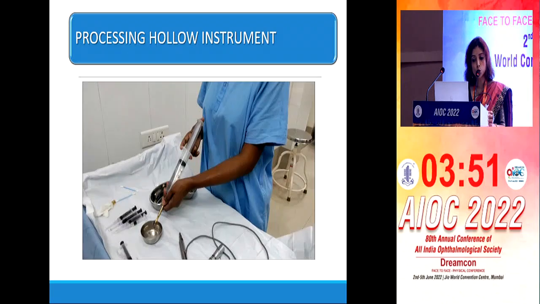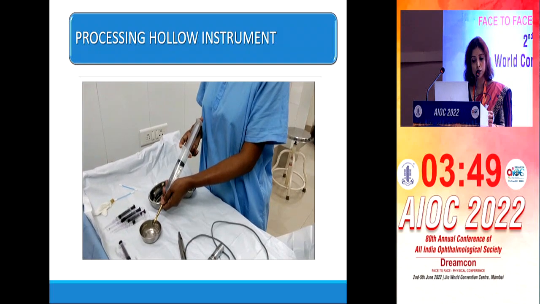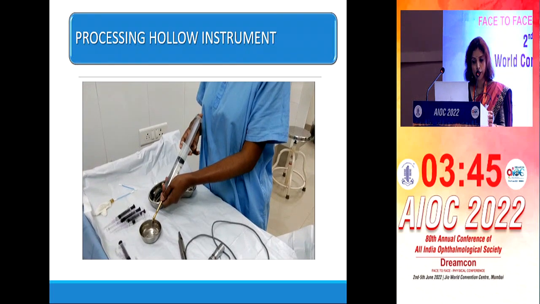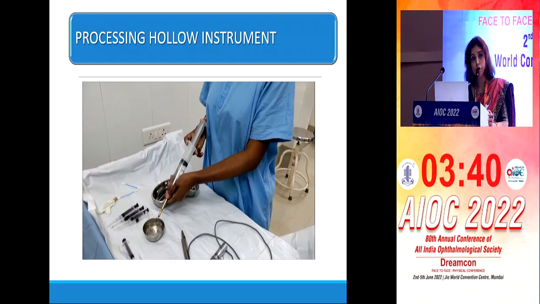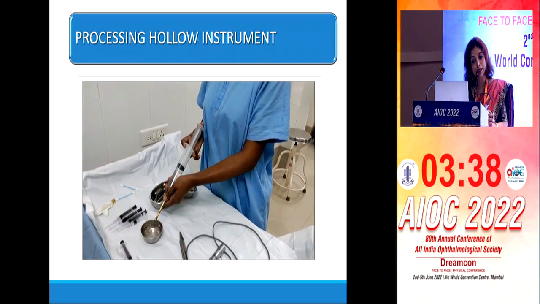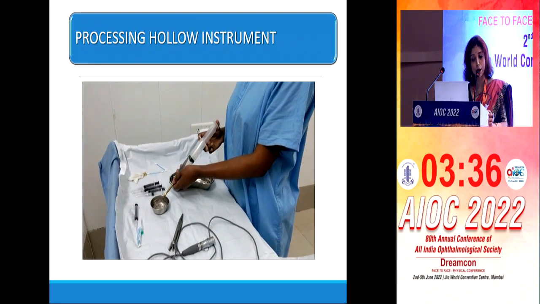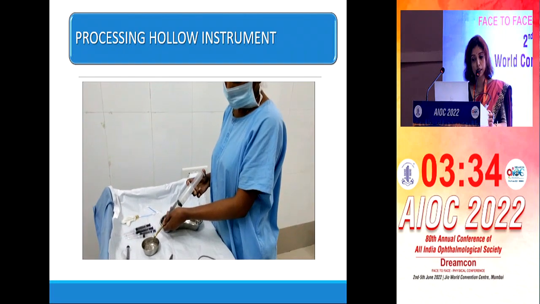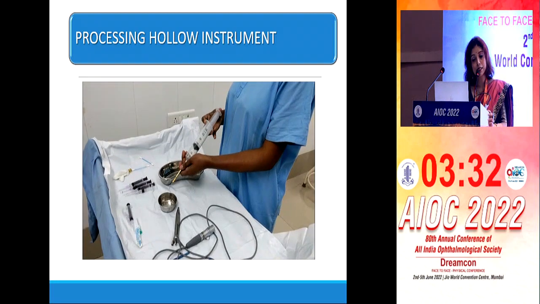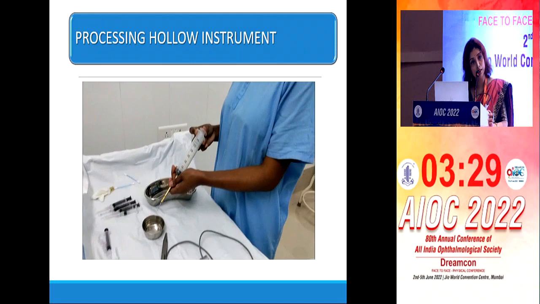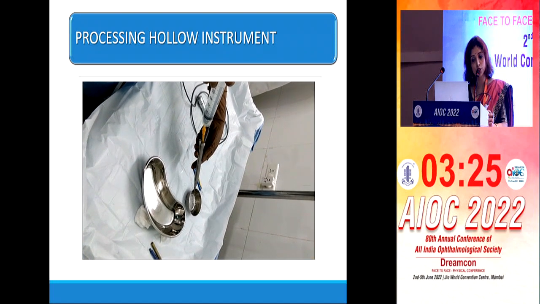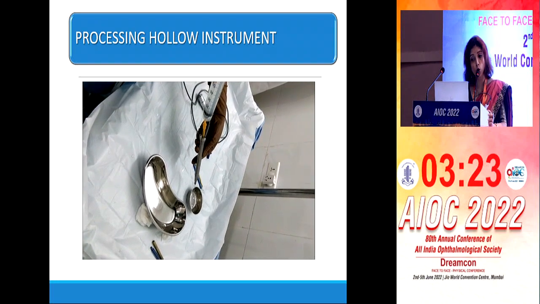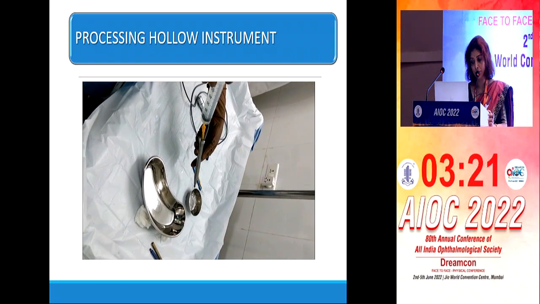Processing of hollow instruments is a little different from others. By hollow instruments, I mean the phaco tubings and irrigation aspiration cannulas. They have to be flushed with distilled water. Please note, distilled water and not tap water. The flushing here is being done by my sister with a 60 cc syringe. It is always better than a 10 cc syringe. You do 3 times flushing with a 60 cc syringe, flushing with distilled water, followed by flushing with air, and then